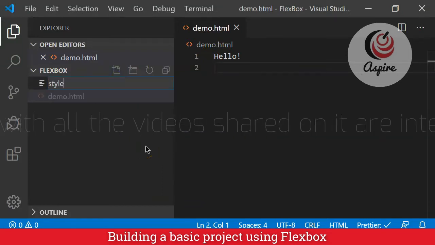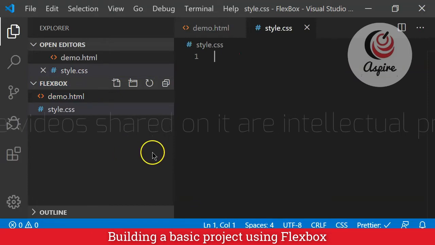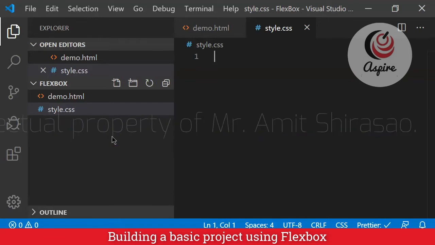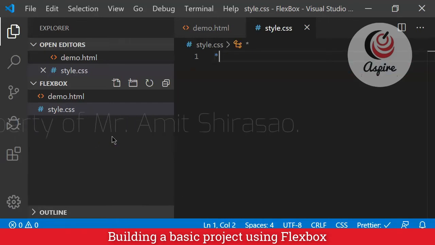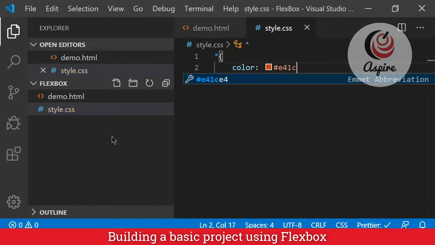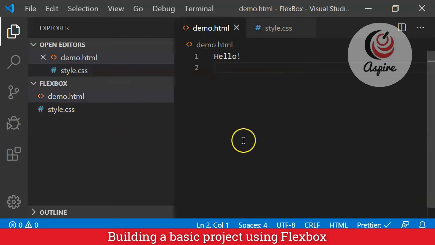Let's say style.css. You can add a Less style, SASS style, SCSS style, whatever you please. So let us say that here I'm saying for everything, let the color be my favorite color coming from the logo, E41C29. This is my logo's color. Okay, and